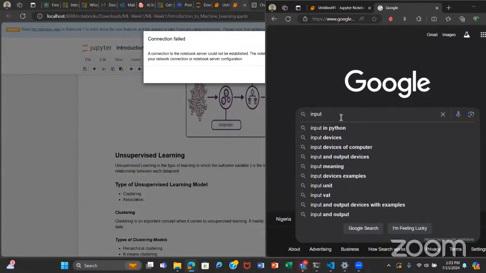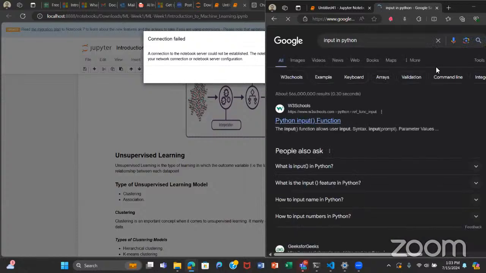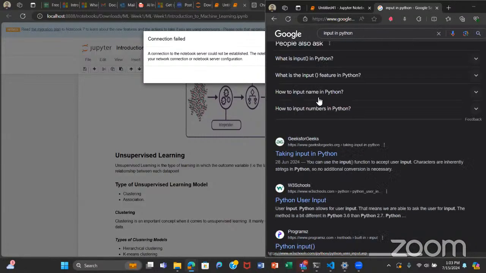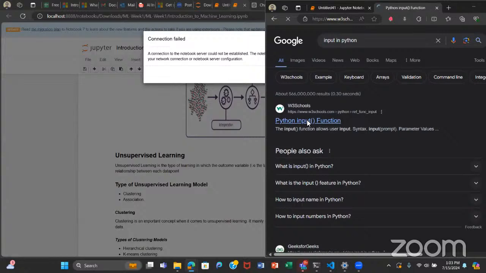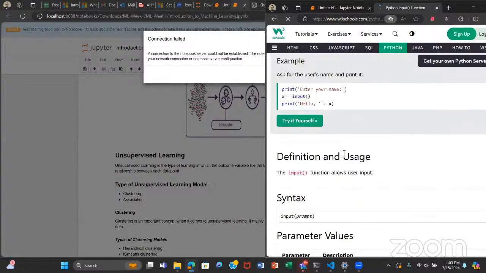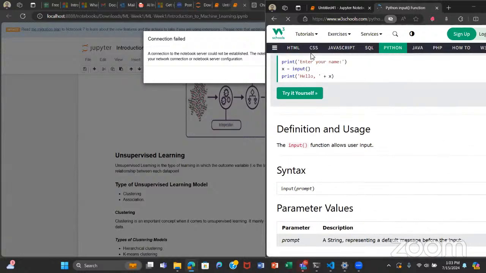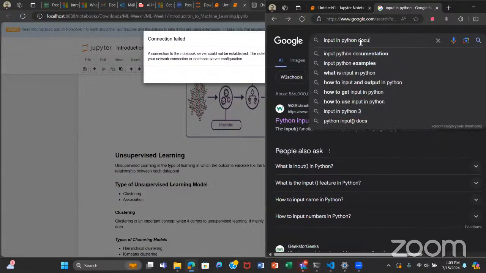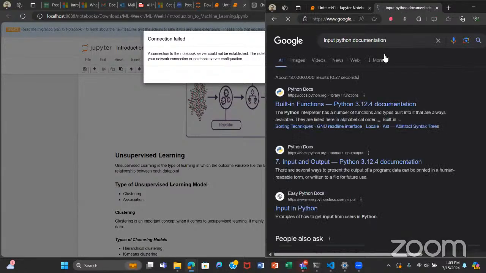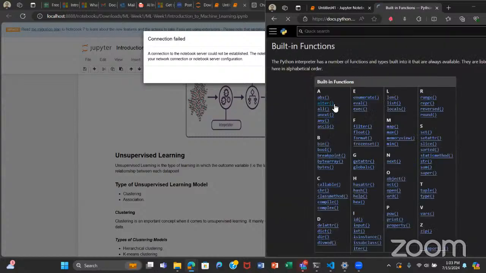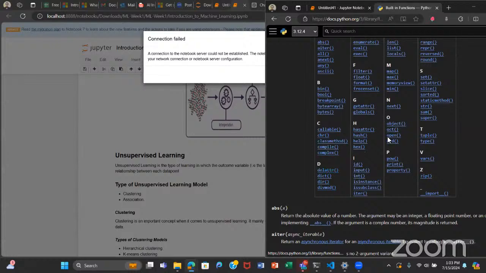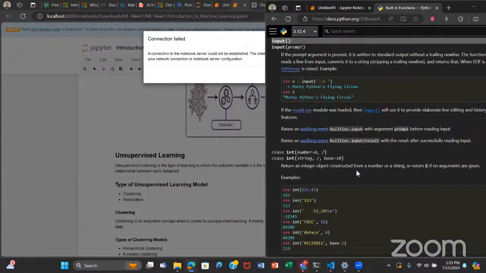Yes, input in Python. So you really just Google it if you want to know how to use input in Python. And you can see here, this is a tutorial. Also, my preferred documentation, but let's go through this tutorial. You just go through it and read it, look at the documentation.